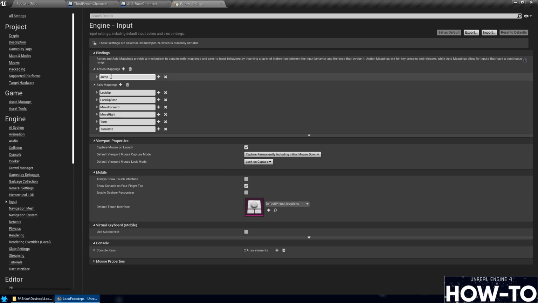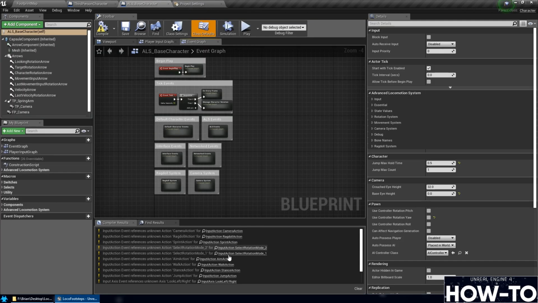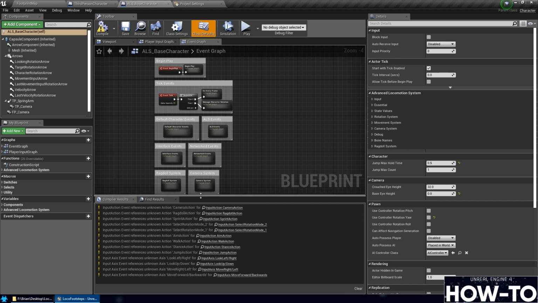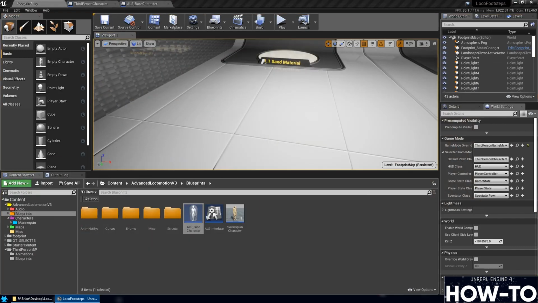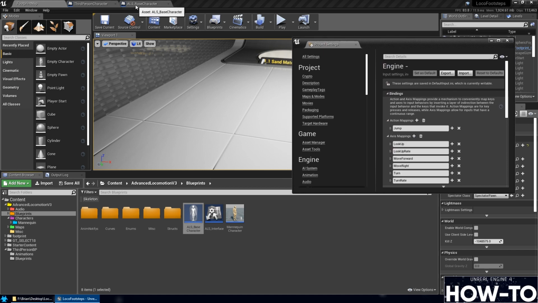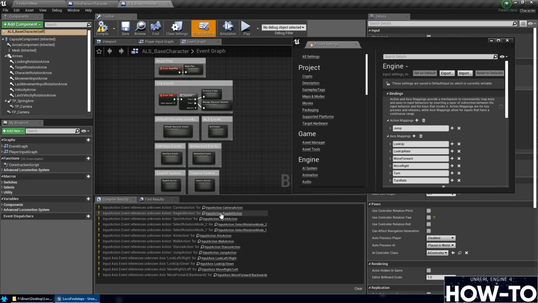So in here we have a basic jump and the movements and the mouse movements. So those are very basic, the minimum inputs that you would need. But what we're going to need to do is add some of these. We can just add a bunch of them from the Advanced Locomotion System. And so what I'll do is bring a little window here to the side so that I can see the list of names that I'm going to need to add